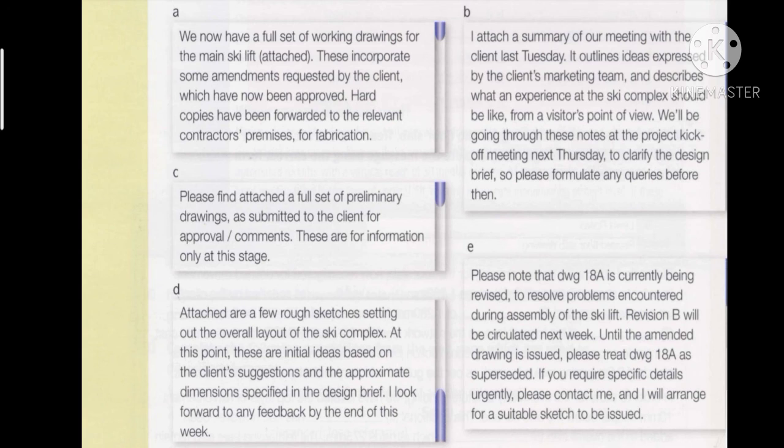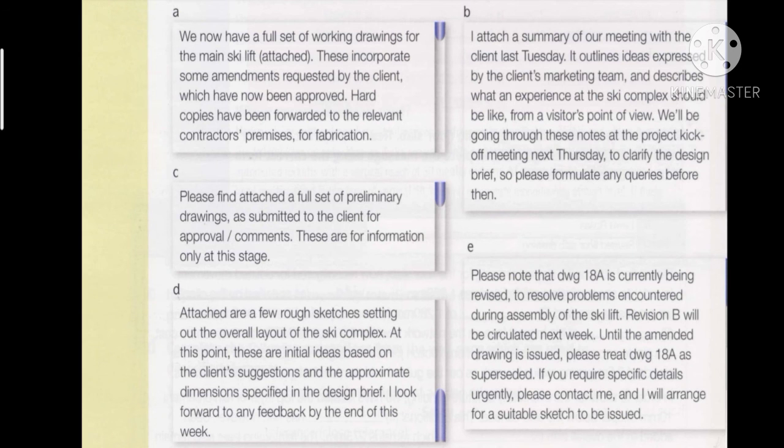هو ده الايميل. يبقى احنا عندنا الترتيب B D C A E. بدأ بالdesign brief، بعدين بالsketches، بعدين preliminary drawings، working drawings، وبعدين نتكلم بقى على البرنامج اللي بيستخدموه، الفايل فورمات اللي بيستخدموه في التصميم. تمام. طيب نشوف بقى